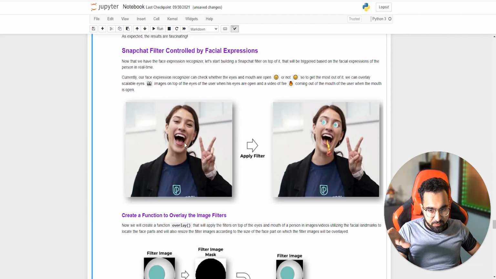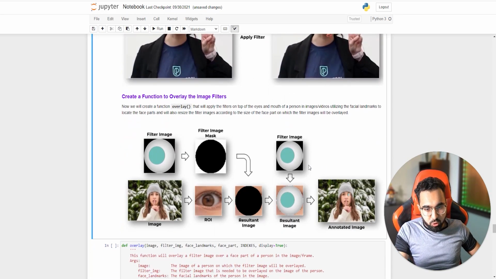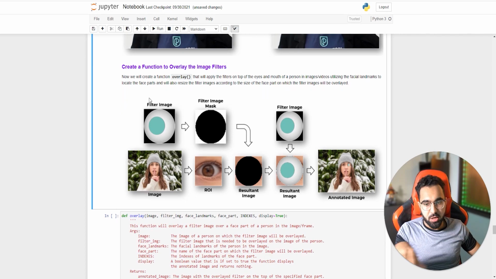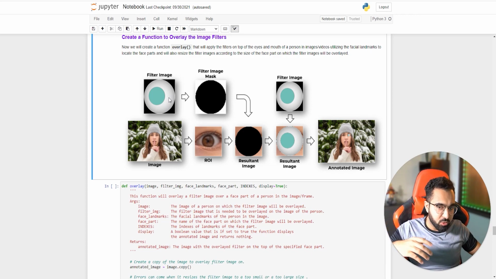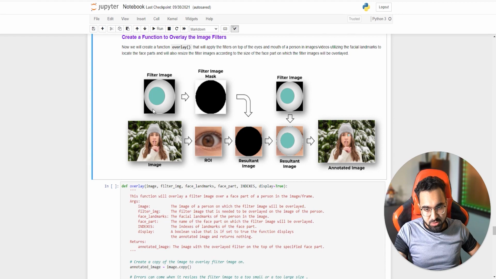You're going to pass in this filter, and I'm going to apply some filter images and place them on top of the face if certain conditions are met, and then you're going to see these results. So this is the whole pipeline of placing a filter on top of an image in action. So this is what happens here. I take an image and I take a filter image. This is a filter image which has a transparent background. When you download the code, you're going to get this filter image. So you can also work with other filter images.